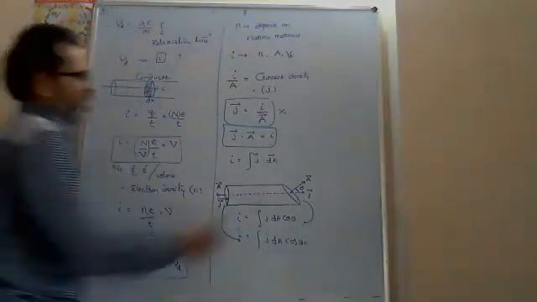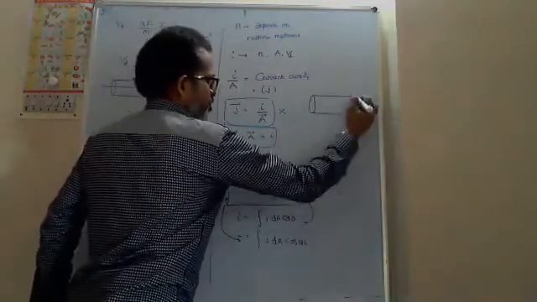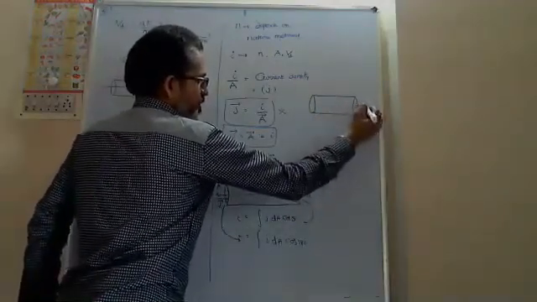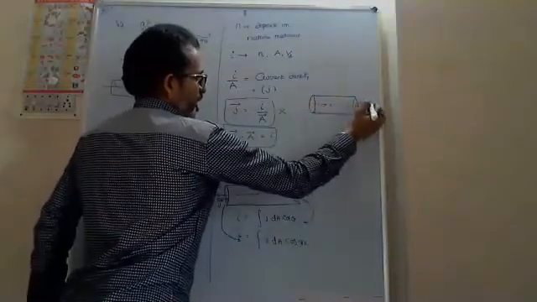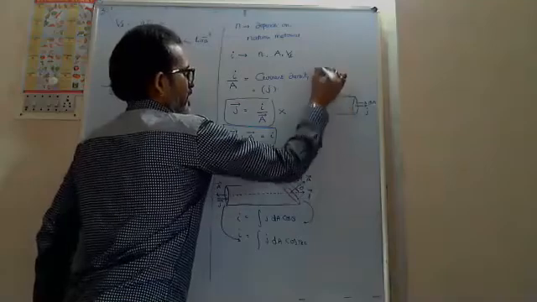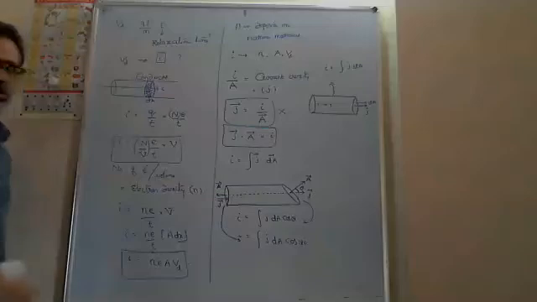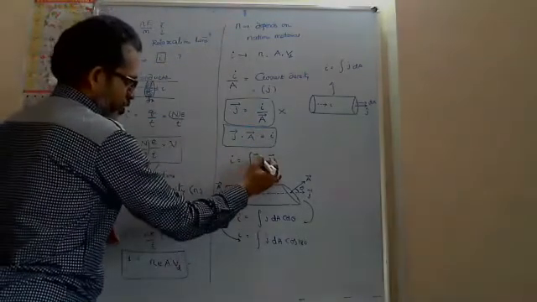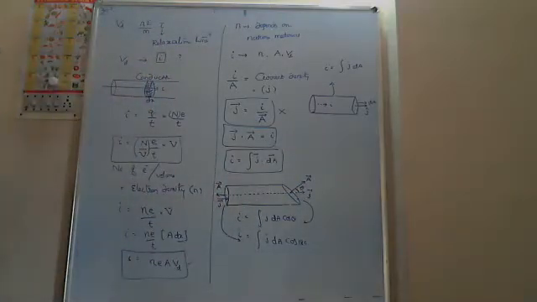But generally we get area and current direction in the same direction. If you take a uniform cross-sectional cylinder, this is the direction of J when current is flowing in this direction, and this is the direction of area. In this case I write I is equal to the integral of J dA without any dot, because cos 0 equals 1. So I think you understood the importance of the dot product. And when J changes, when you come to numericals, we have to solve properly with integration.